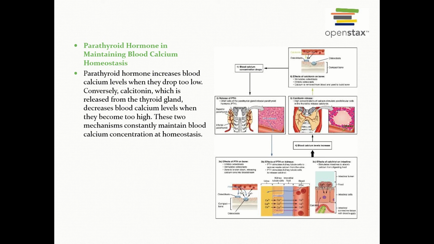Unfortunately, a lot of us are deficient in calcium, and so our blood calcium levels are generally low. And this is what usually happens then. The parathyroid hormones are going to constantly be stimulating the osteoclasts to remove the calcium from the bone and deposit it into the bloodstream. And this can cause the weakening of our bones over time. Calcium is necessary for nerve impulses, muscle contraction, and blood clotting.